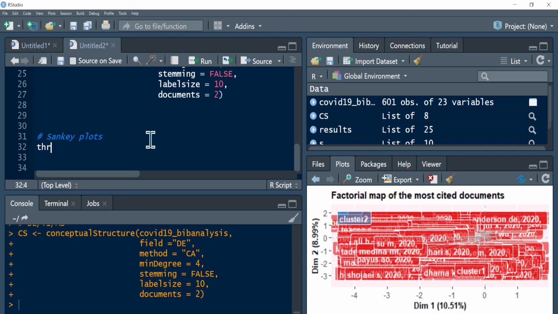Seems my R is having memory issues. This bibliometric analysis is taking much time. Okay, three fields